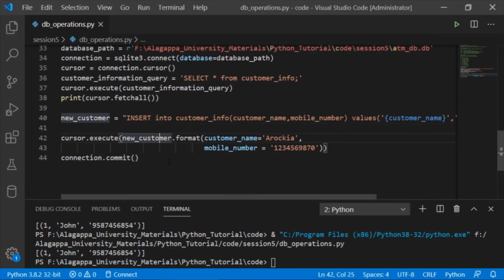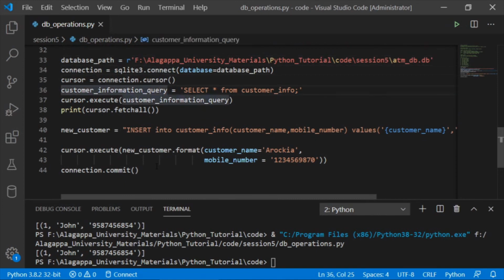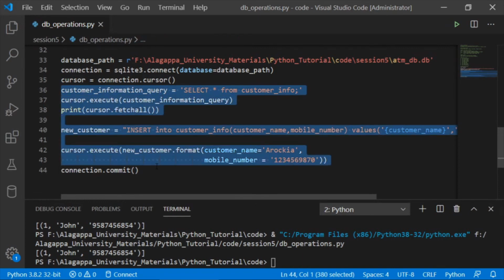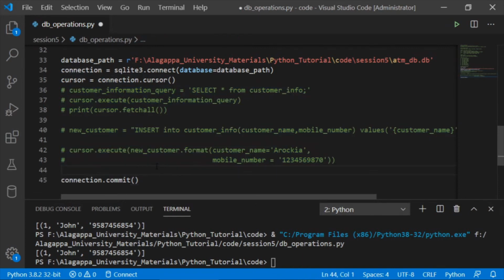Now let's see one more, update. So let's see the SQL query for update as well. Let me comment all this out. Customer update query. Okay. Now, if you have read the basic syntax of SQL before coming to this session, you can see